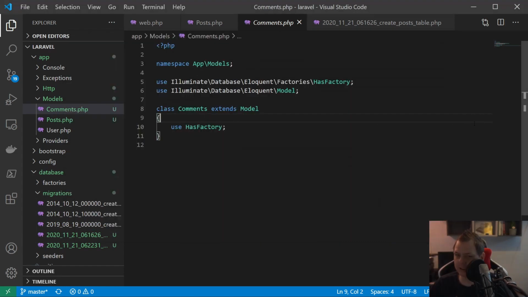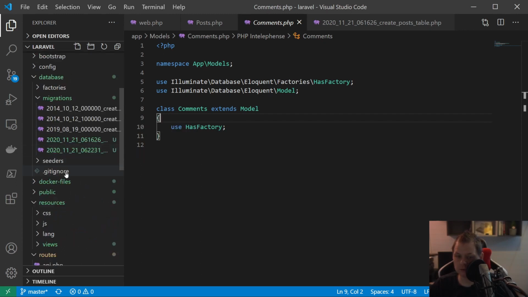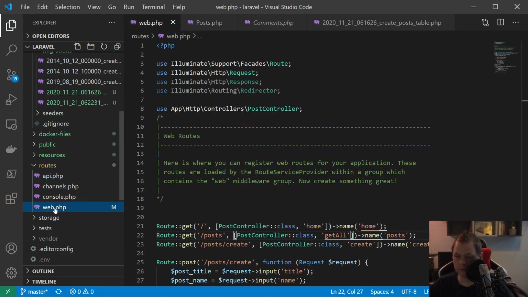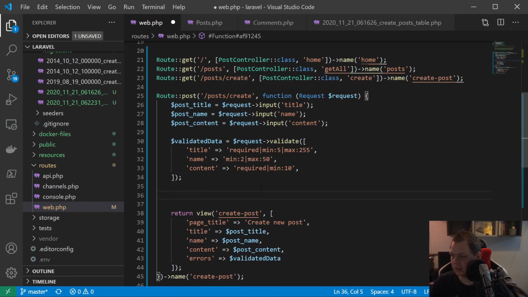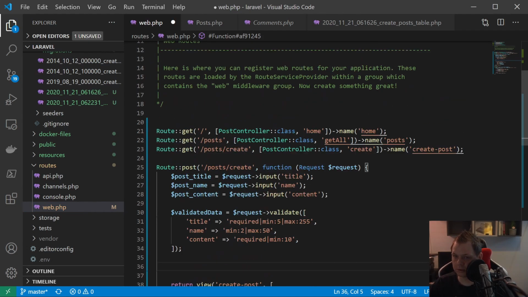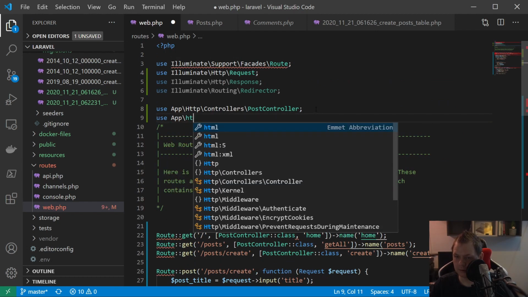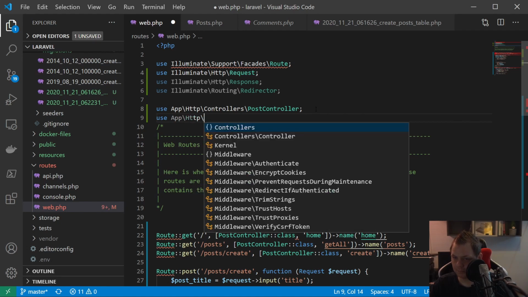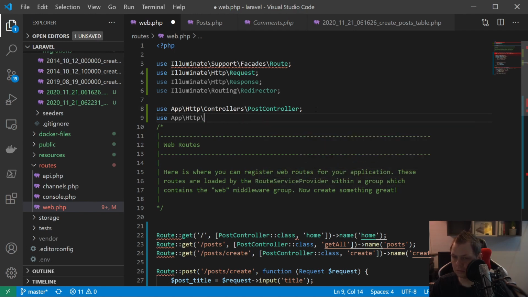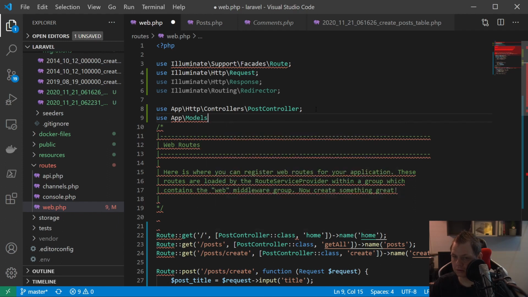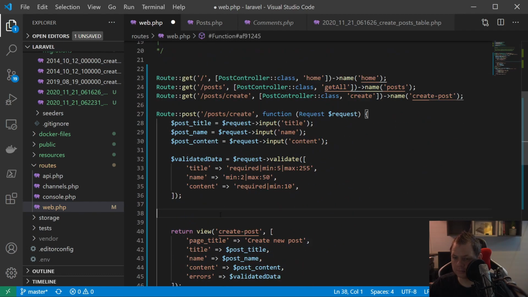Now it's time to go back to the editor and go to the web file here. We minimize this. We have web here. We have the creation, and we have the validation. Below the validation we need to add in the post, but before we do this, I will say app http controllers and then post. No, we need the models and post. And then we can go down here for the create